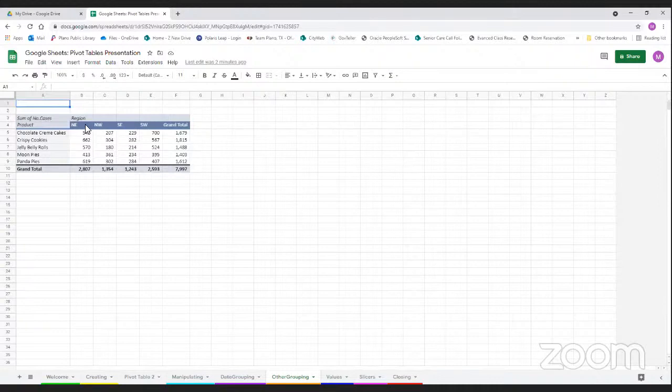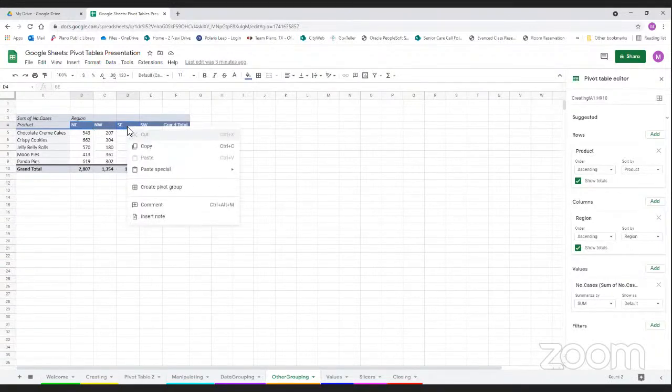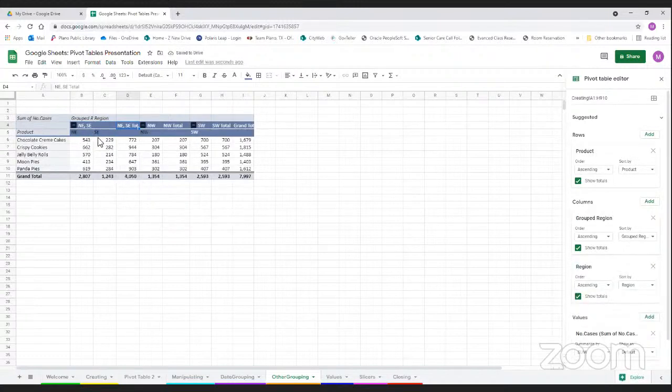You'll want to first click Northeast, and we'll group the East together. So we're going to press Control and hold it down, and then click on Southeast so that you can see both of them have been highlighted. Then we'll right click, and it doesn't matter which one you right click on, Southeast or Northeast, it'll pull up the same drop down. There's Create Pivot Group, and you'll notice that it doesn't say date because the program knows that you're not working with dates. You're working with different information. When you click that, it groups them together over here,